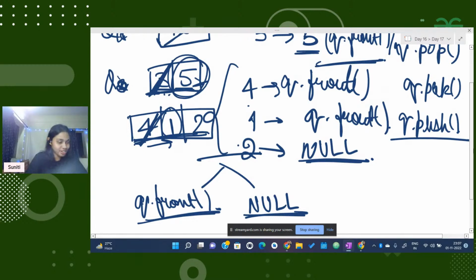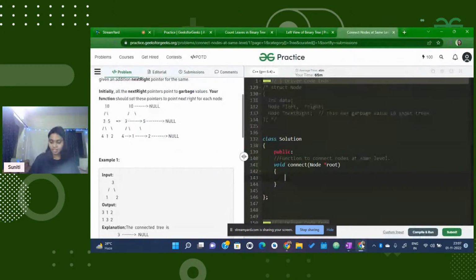Okay, so let's move to the coding part. I guess I need to do very little work right now, you have already figured it out. We don't need to return anything. Let's code. First of all, we have a queue of node star, and we will push root here. Now while not queue dot empty,